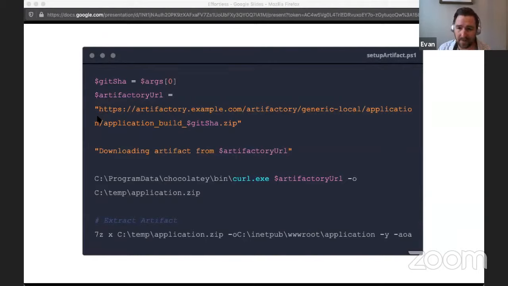And you can see we're using the Chocolatey version of curl. It's significantly faster if you've ever had to deal with that. Then we download that and extract it to the location where IIS is going to serve it. While this is Windows specific, the concepts of pulling these artifacts down can be the same if you're on Linux or whatever.